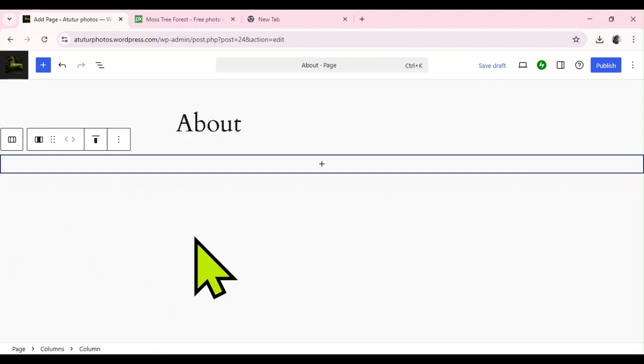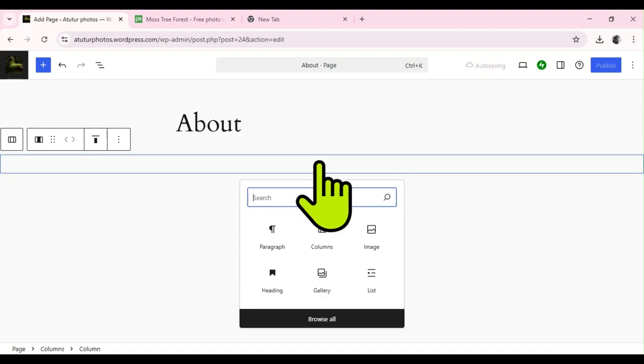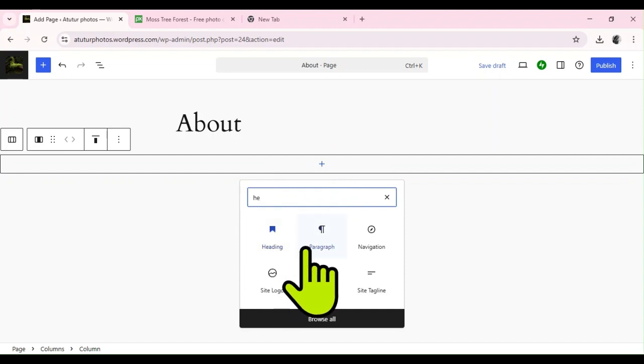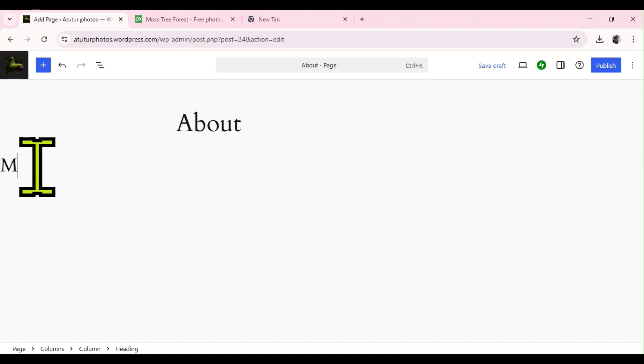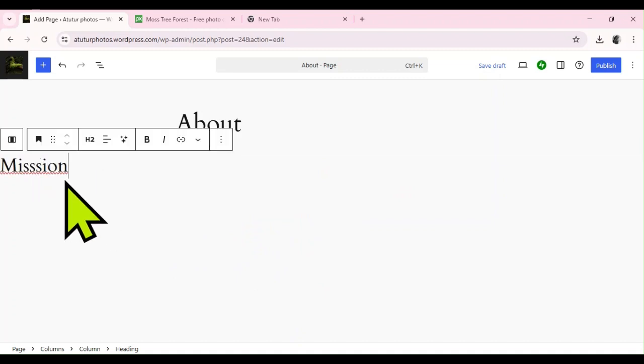And then in the about page, usually there is the mission, there is the vision, there is core values, history of the business, and blah blah blah. So I'm going to have to create text, but I'm first putting a heading. So my heading is going to be mission. So if my heading is mission,